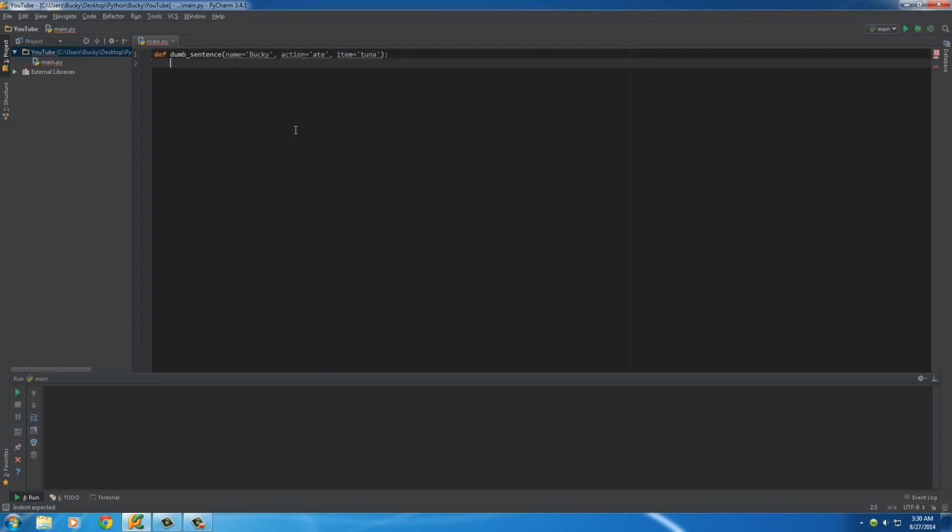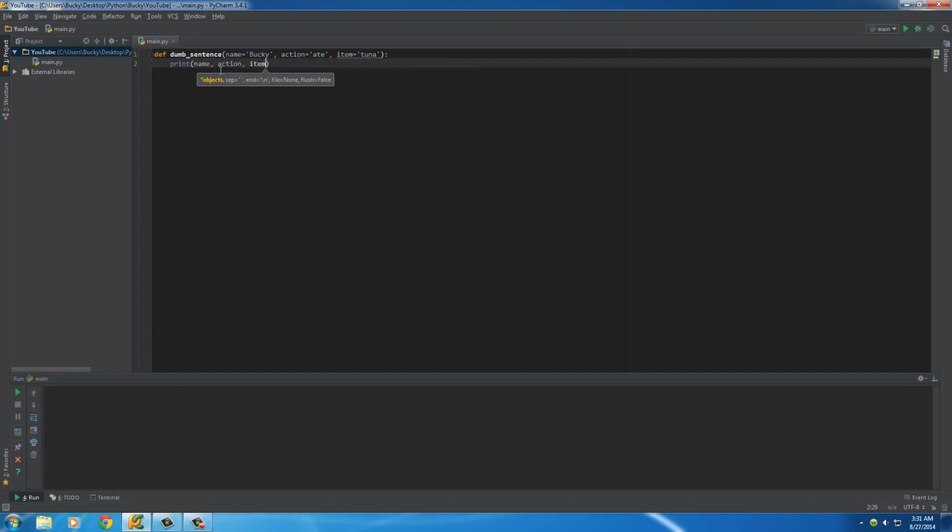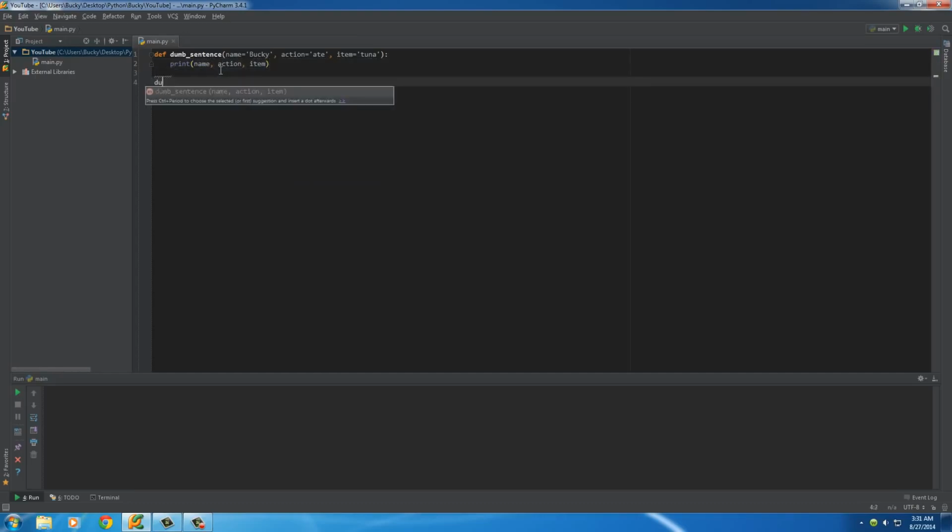So the only purpose of this function is to print out a dumb sentence, and by default we'll just say Bucky ate tuna using 3 different variables. So in order to do this, print name, action, item. So right now, if I just run this,